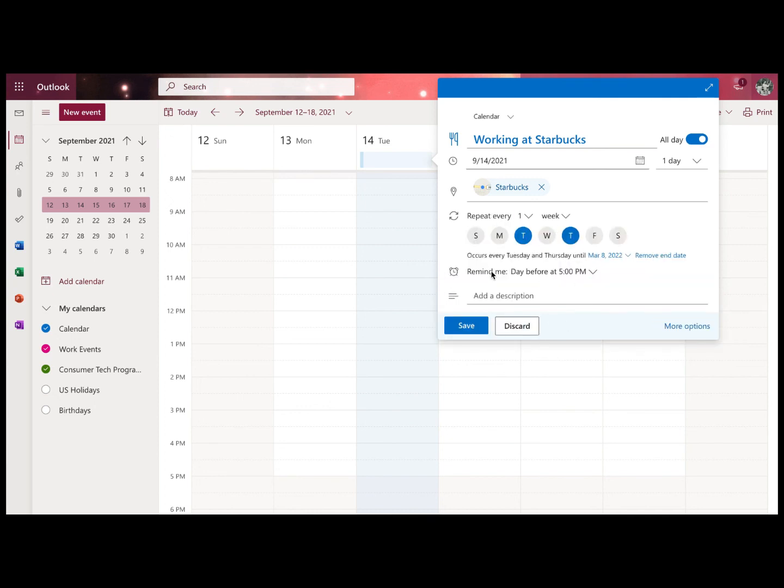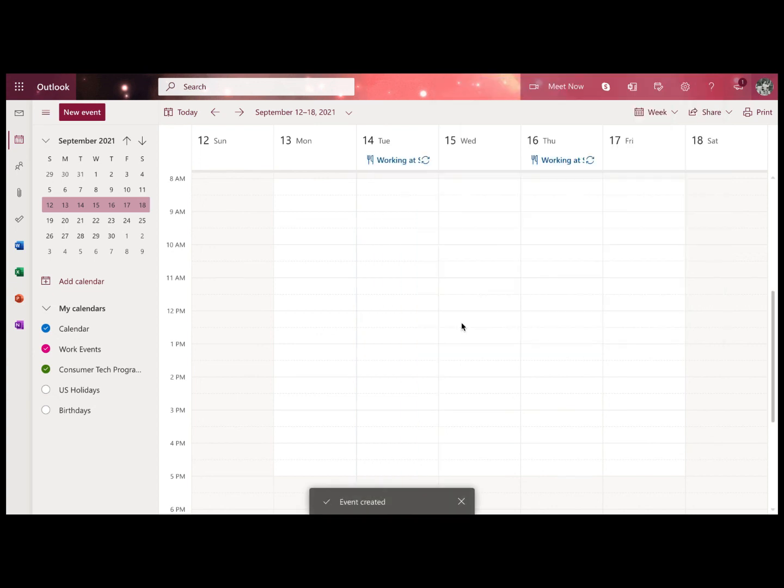I can change this to be a repeat event, and since I want it on 2 certain days of the week, I can click on Tuesday and Thursday. If I want to remove the end date because I want it to keep doing that indefinitely until I stop it, I can do that. And so I'll save it,